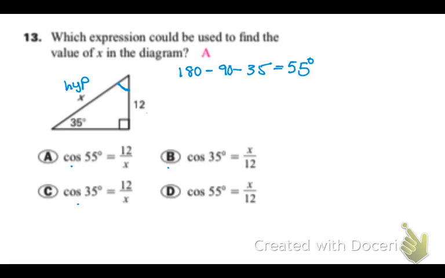Okay, and the formula for cosine theta is C-O-A, no, it's not A, it's H. Cosine theta is opposite over hypotenuse. Okay, so my cosine of 55 degrees is going to be equal to the opposite,